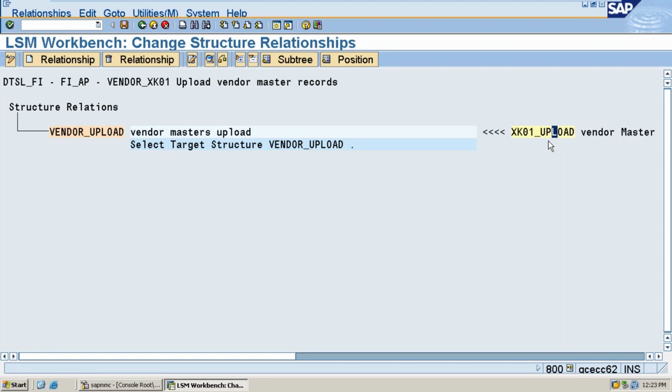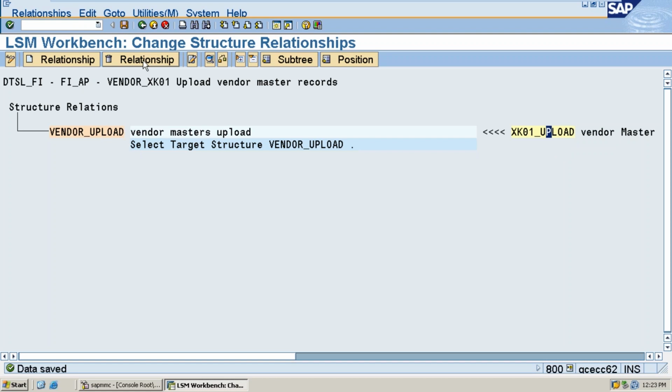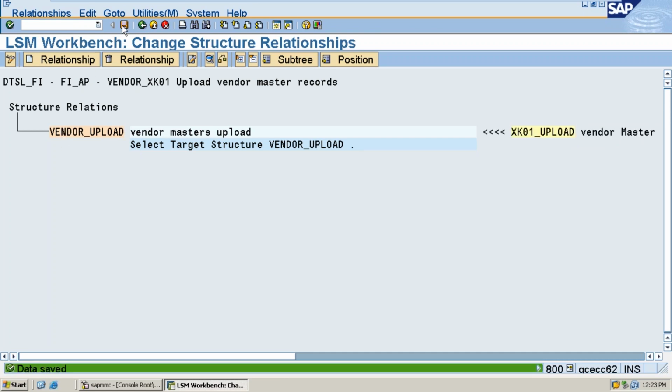These are the fields which carry the data into the SAP system, and go and put the data into these recording fields. See, this is the recording name. This is my source structure name, to which I assign my fields. Then simply save it. By default it is already assigned. In case it is not assigned, it is like this. Then you can click the relationship button and save it.